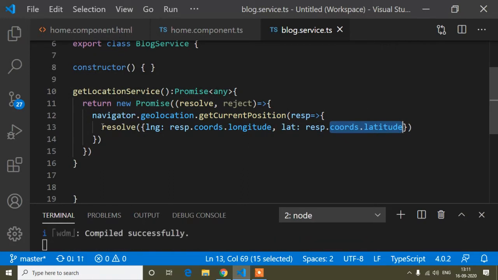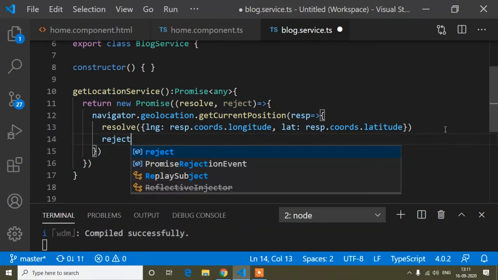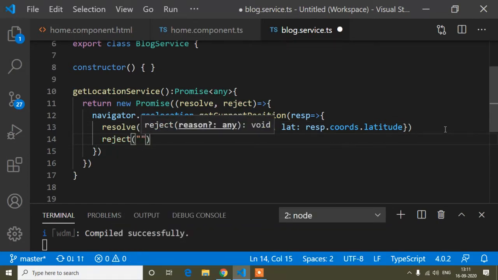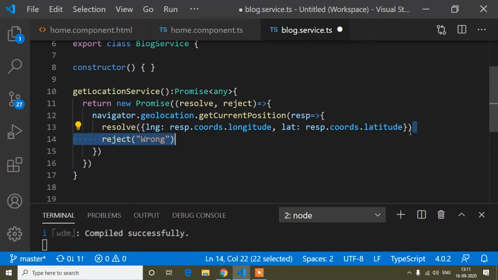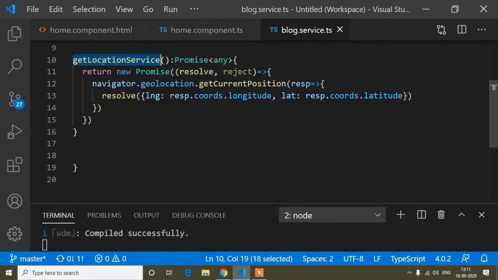If the function is resolved, so I passed it, and if the function is rejected, you can pass anything in your reject parameter, like an error message, like anything wrong. But here I will not pass any reject message. So this is done, and now I will call this function in our TS file.